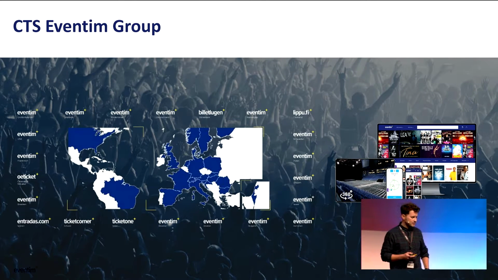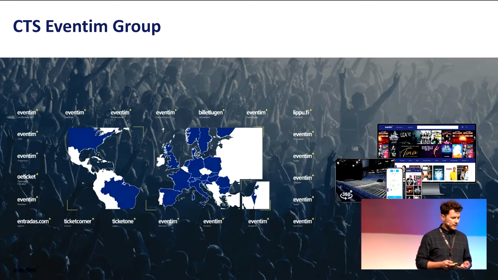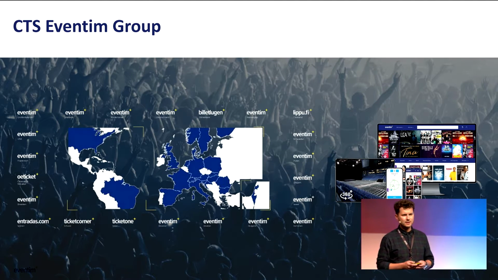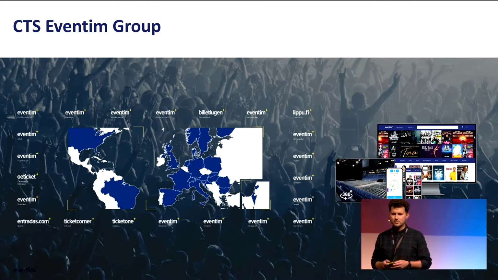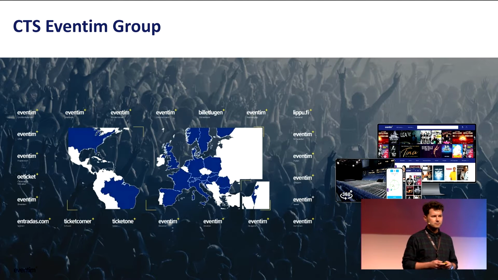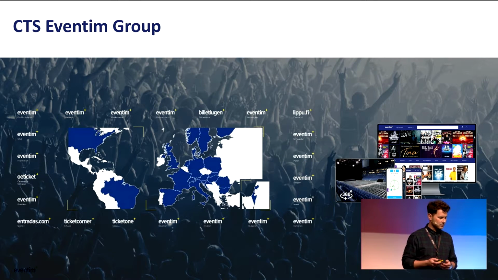Talking about the computer ticket system: my presentation is not only about the computer ticket system itself, but mainly about the digital touchpoints. So we talk about the 20 plus, I think the actual number is 22, digital touchpoints, like a website, a main brand website, a white label shop, but also an app, in 22 different country markets. This is also where I track data. Mainly we track data with GA, but also with our own targeting system. And these touchpoints also track data for the specific ad platforms and so on. So this is what I would like to talk about today.